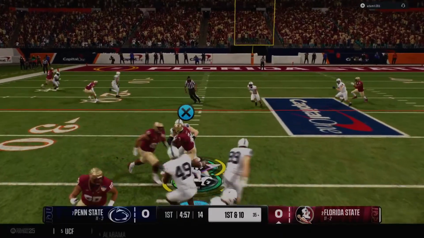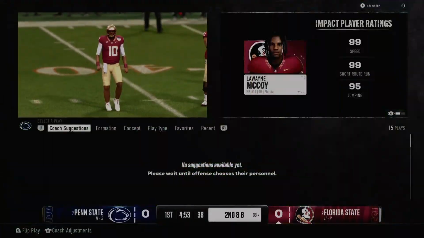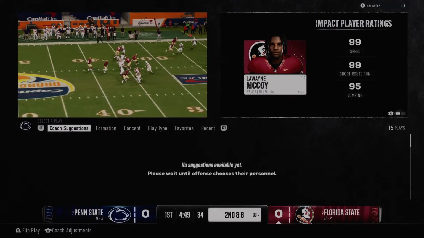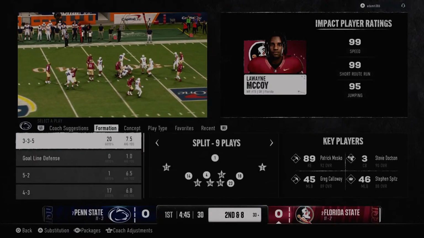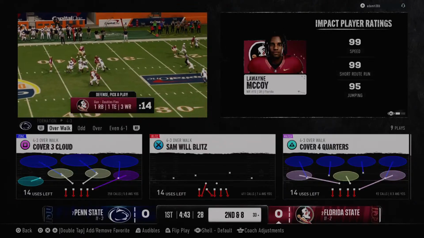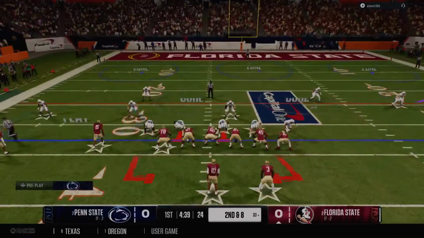From the shotgun, here's an inside give. A gain of 2 yards. Now it's second down and 8. Chris, the spread era over the years has always grown offensively, but I've always been impressed with the defenses that really build their defense to play in space, still have an ability to be sound at the line of scrimmage and defend a running game. It's exactly what we saw right there.